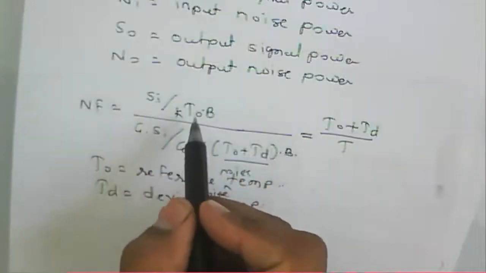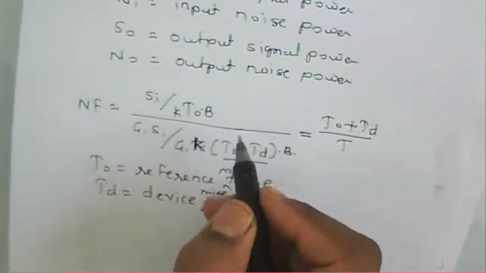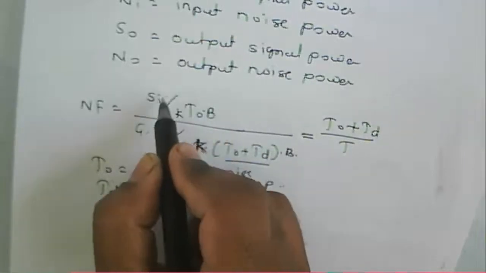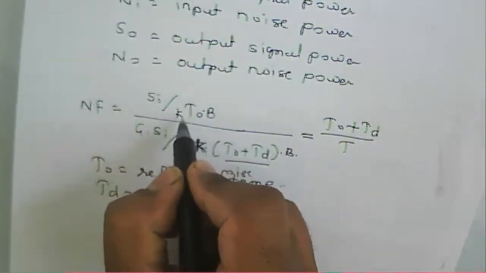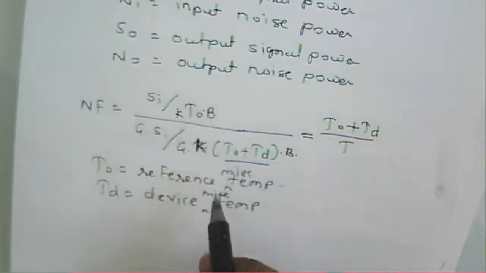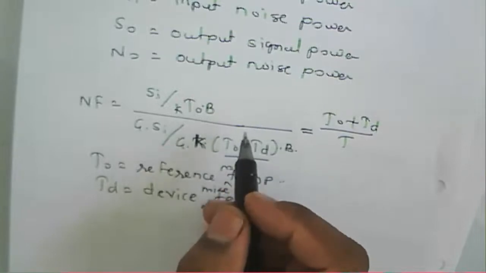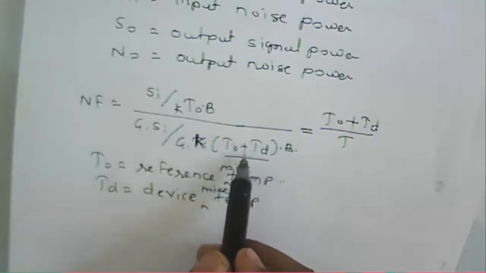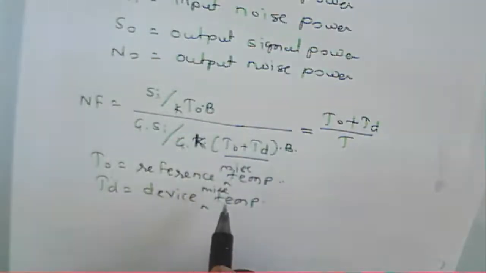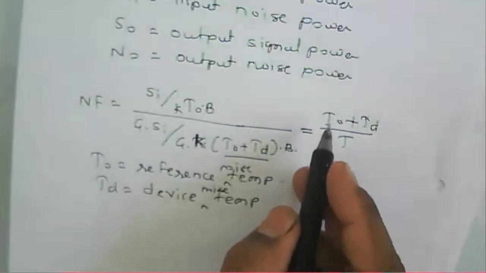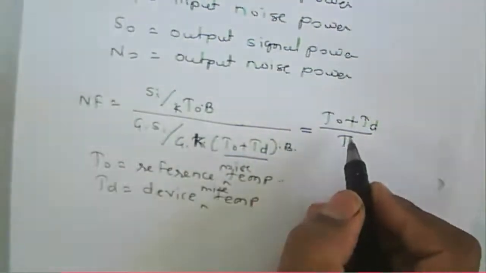So we can write it in terms of temperature. The reference noise temperature: the input noise power is K T0 B. Similarly, we have the reference noise temperature for the output, G K (T0 + Td), where Td is the device noise temperature. If you solve it, we get the noise figure equal to (T0 + Td)